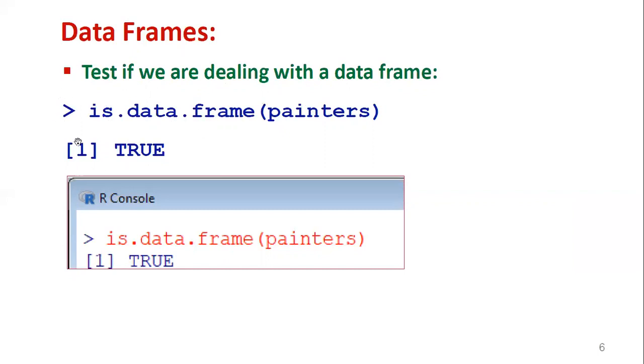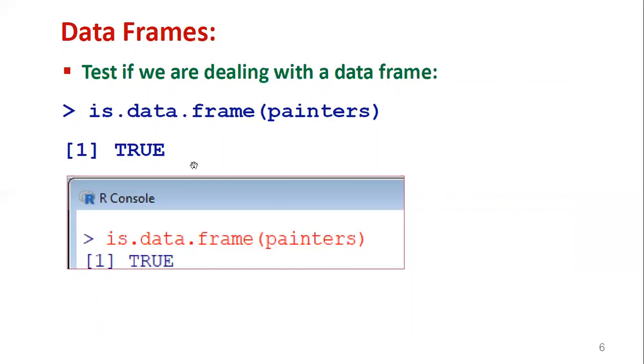This is the syntax we have to remember. Is dot data dot frame, within parentheses the data set name. Here the data set is painters. So painters is a data frame or not, it displays TRUE or FALSE. Obviously painters is a data frame, so it displays TRUE.